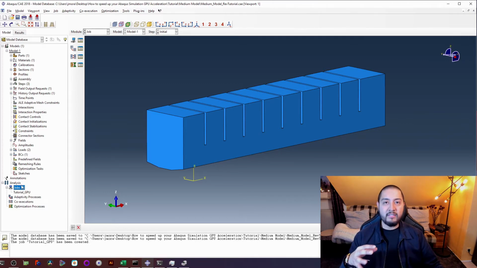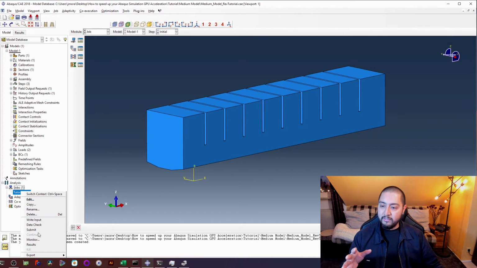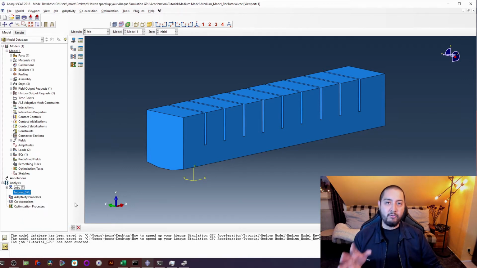But for the graphical interface, this is everything that you need to do. There is nothing else to do. Then you can just submit the job, and it's going to take immediate advantage of the graphics card acceleration capabilities of Abaqus. So now, in order to activate the GPU capabilities from the terminal,